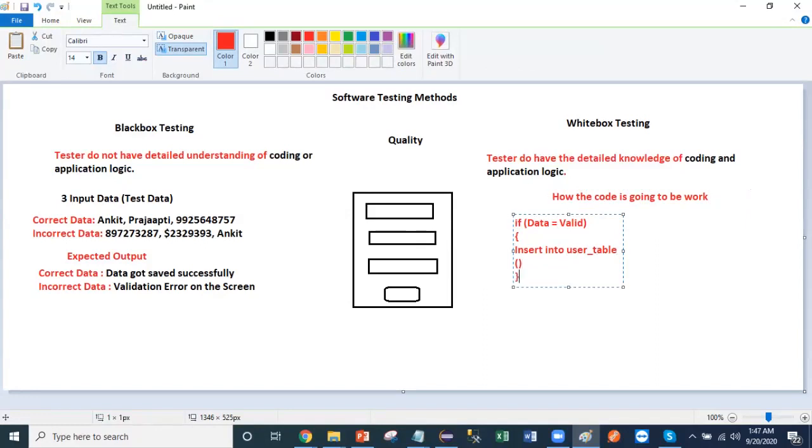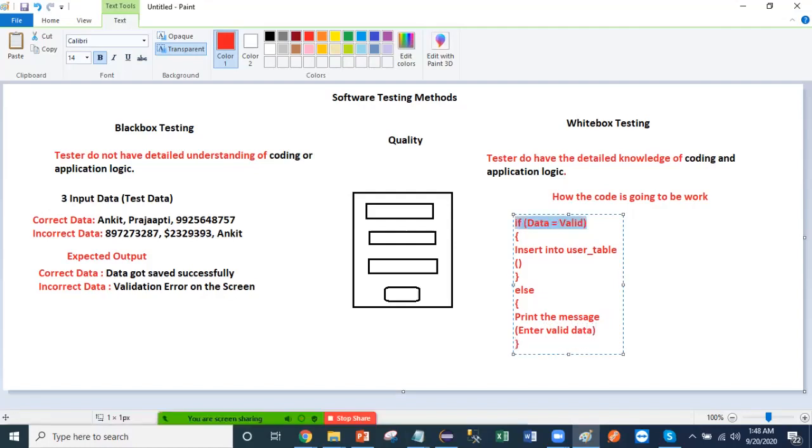Else, if the data is incorrect, print the message "enter valid data." White box testers know how it is going to work when they click on this particular thing.